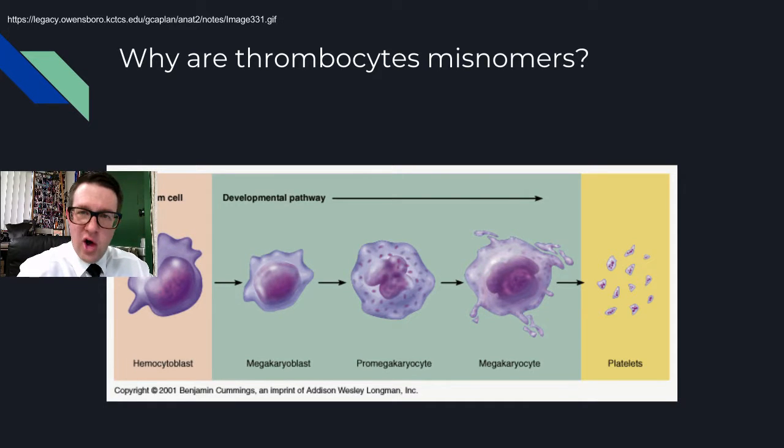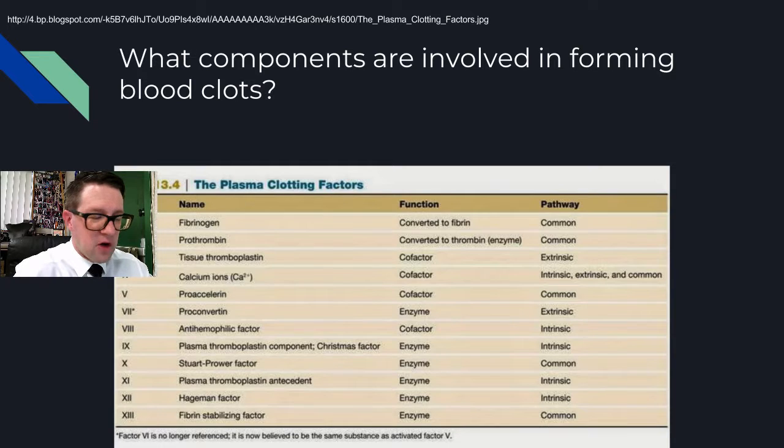Thromb means clot, so these are the clotting cells, which unfortunately is a misnomer because it implies that we're dealing with cells, and platelets are not cells. They are fragments of a cell called a megakaryocyte. So a megakaryocyte is a massive cell that falls apart into pieces, and those pieces turn out to be what we call platelets. Platelets are involved in blood clotting, and blood clotting is actually a rather nasty series of reactions